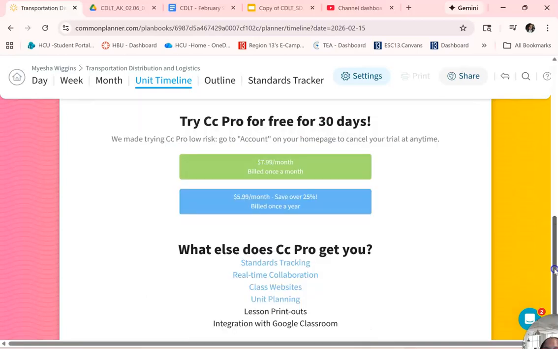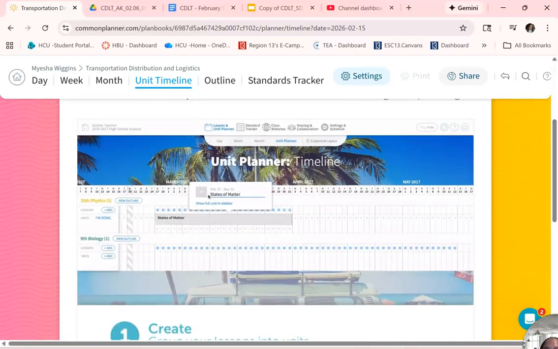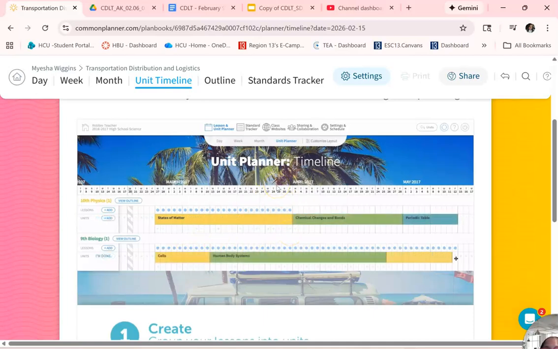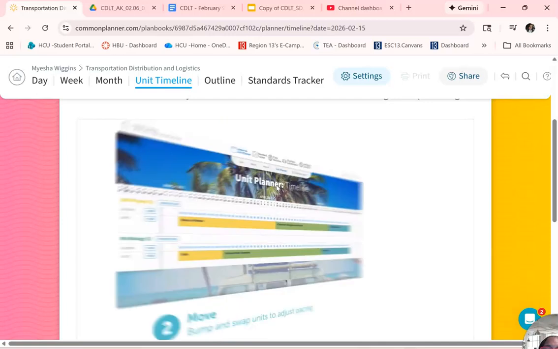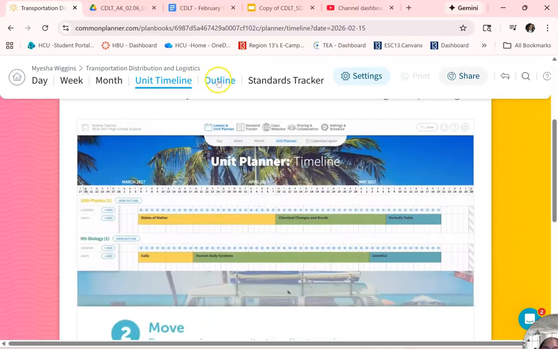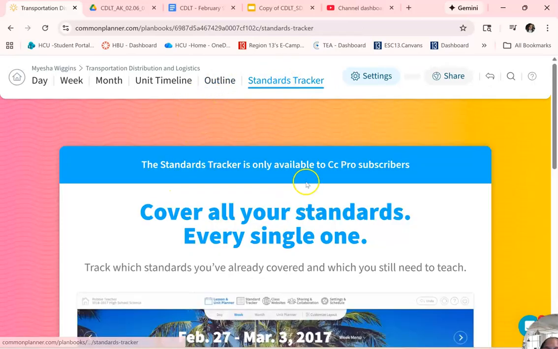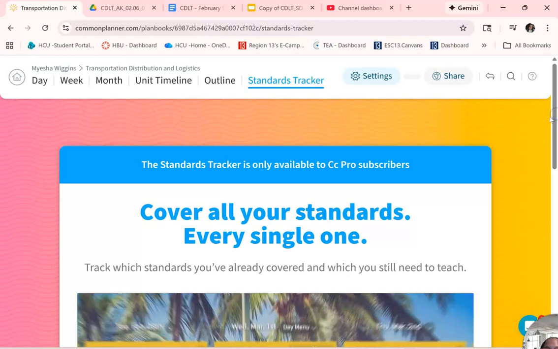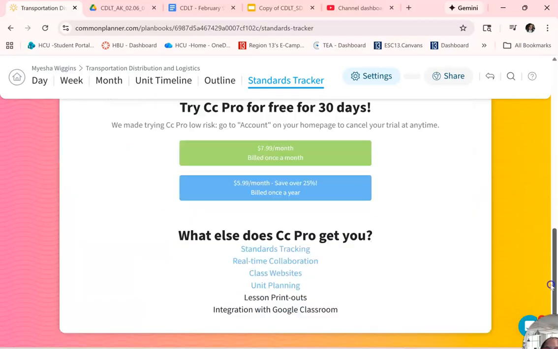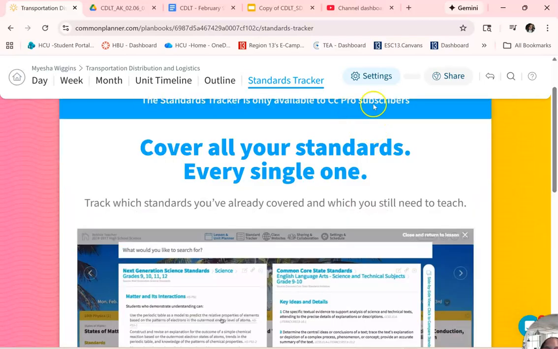Okay. The unit timeline, it costs a little extra, but it is beneficial for me. I believe I am going to try it out. Because of the fact that my lessons are planned for me, and this kind of breaks it down and gives me a timeline of how I need to work them. It's like a project manager type organizational planner. Okay. Gives you information on your outline. Standard tracker, which again is going to track your progress, see where you are. How are you working in this